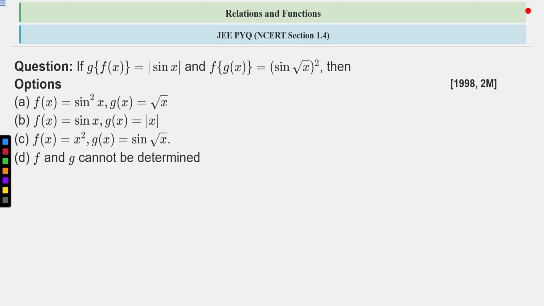So how will you approach this question? The composite functions are given, that is g of f(x) is given and f of g(x) is given, right? So by using the given options, you can easily find by taking f(x) and g(x) and calculating f of g(x) and g of f(x), you can easily find which option is matching with our answer, right? Yeah, eliminating options. You can try with eliminating options. Okay, so in this way you can try to think about this question. You have 10 seconds to solve or think about this question. After that, we will discuss the solution part.